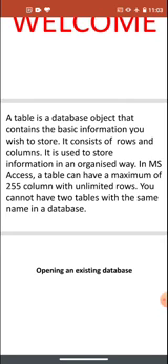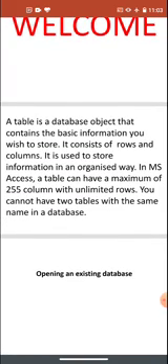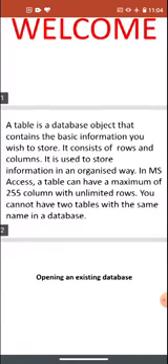You cannot have two tables with the same name in a database. In a single database, we can't have two tables with the same name. For suppose you are making a table with the name Table 1, you can't have another table with the name Table 1. The new table will be named Table 2.